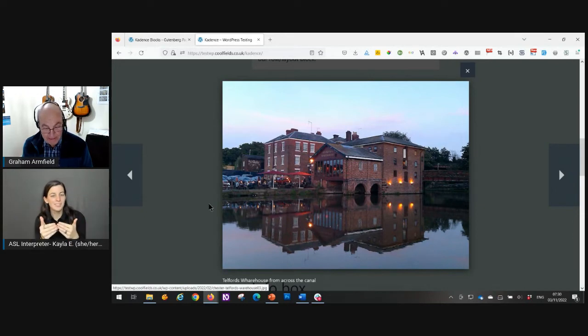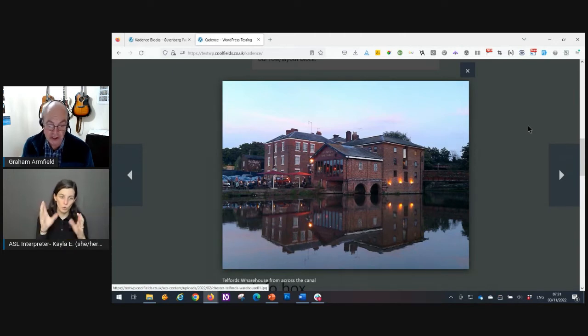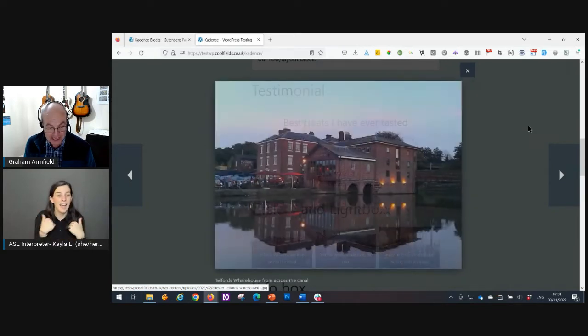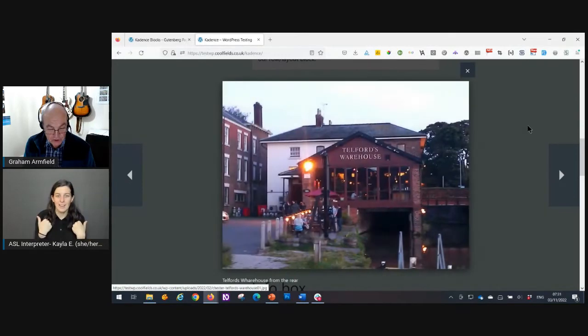Now, if I press the tab key to try and move to any of these, as if I'm a sighted keyboard user, I want to potentially get to these buttons to move through the images or close the light box. If I press the tab key, nothing happens, but actually I'm still on the underlying page, so that is a problem. With the light box, when I open it, you always want focus to be put inside the light box. Otherwise, keyboard users are not really going to know what's going on, and can't really use it. Now, it does have the left and right arrow functionality, as the other one I showed you before did have. And also, I can press the escape key.